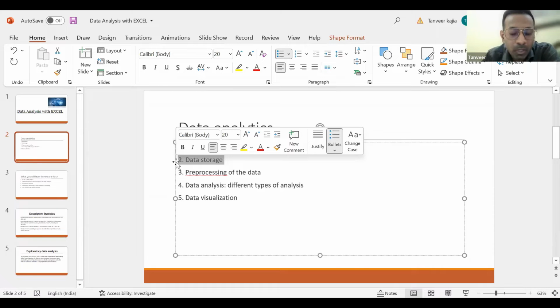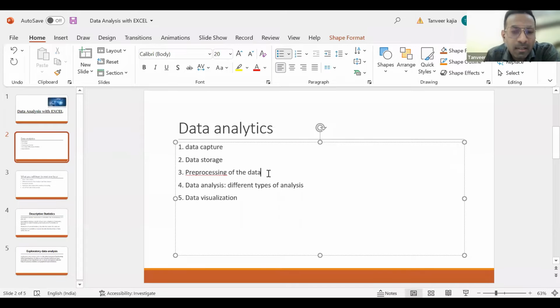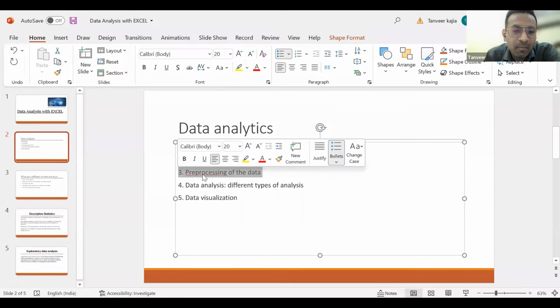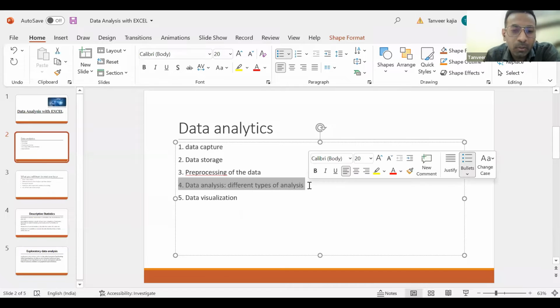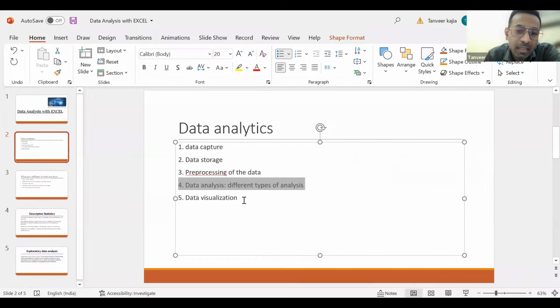That data should be very secure, right? So that is very important when we are going for the data storage, and they are going to give access to that data to the data analyst. So the data analyst will be starting from here, your pre-processing part. So that is really important, and they are going to handle this data analysis,